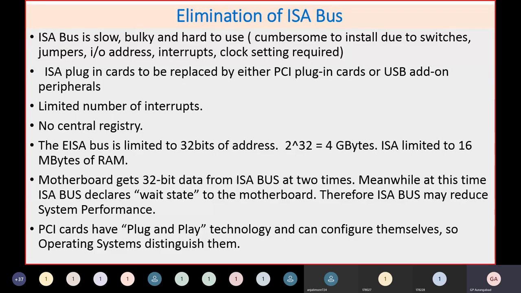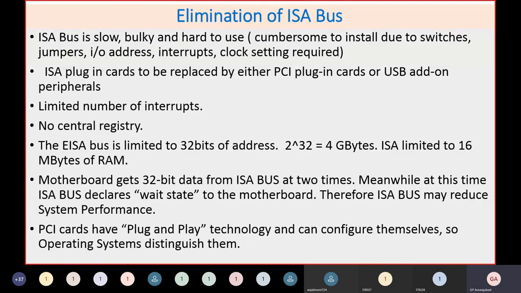Limited number of interrupts. A simple example of PnP, as you know: if you have a mouse and you plug your USB into your computer or desktop, it automatically recognizes the device and it starts functioning. That is called PnP. It recognizes the driver.